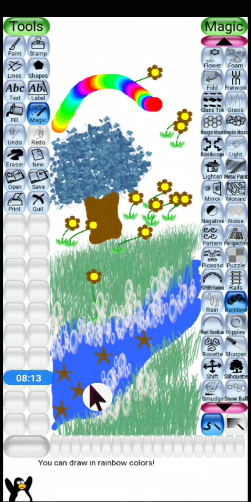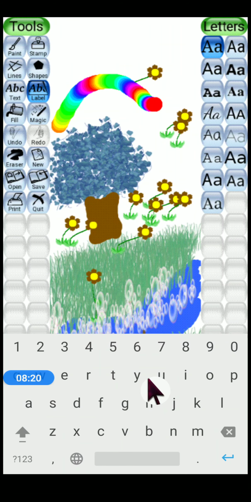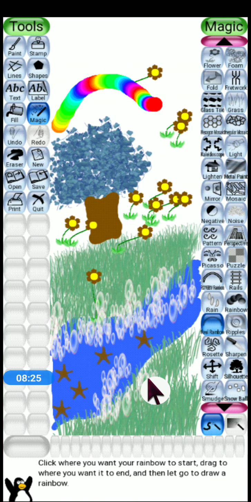But I want to draw a real rainbow. For this I will use this real rainbow effect. Click on this. See, is it how the rainbow looks like? Yes. So the difference between the rainbow and real rainbow effect is that the rainbow effect draws a series of rainbow colors, not the rainbow.